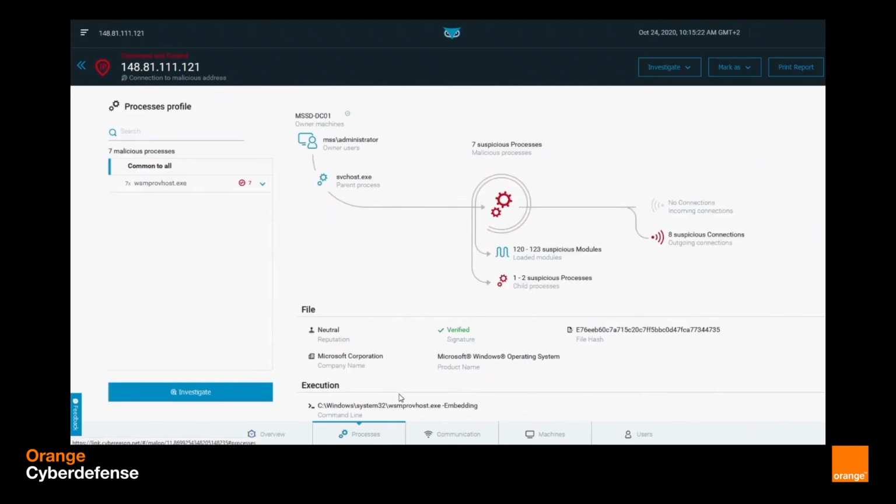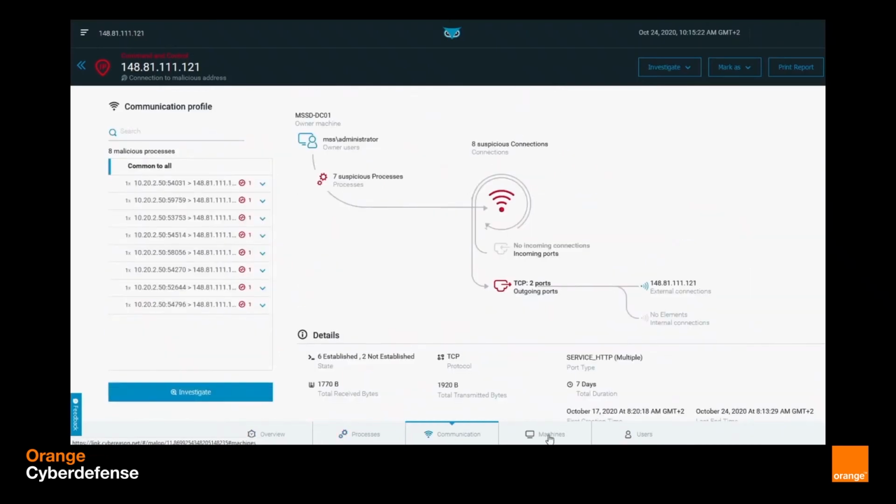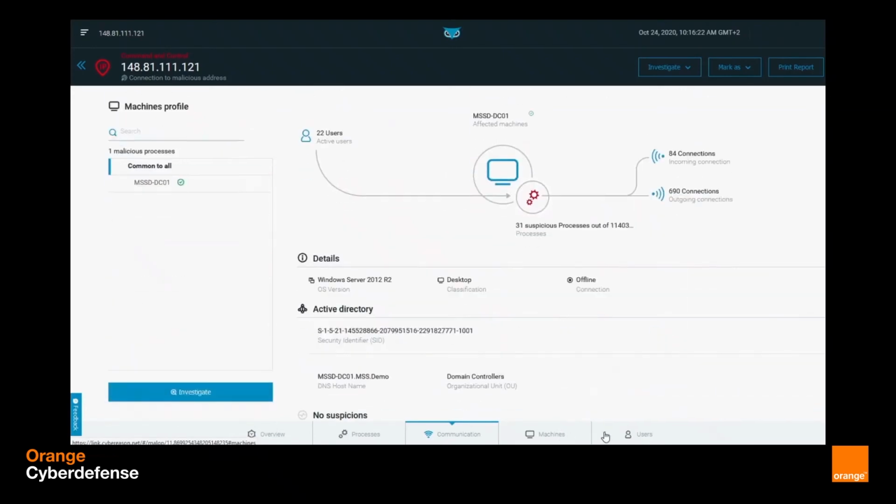In the detection regarding the communication with the external server, we can also see an overview of the involved assets and the timeline. We can even see that the protocol HTTP was used, which matches the SIEM's alerts of HTTP without DNS.